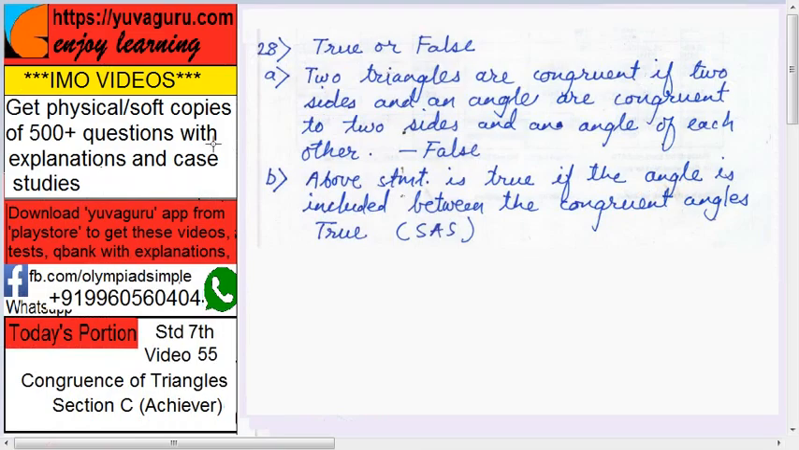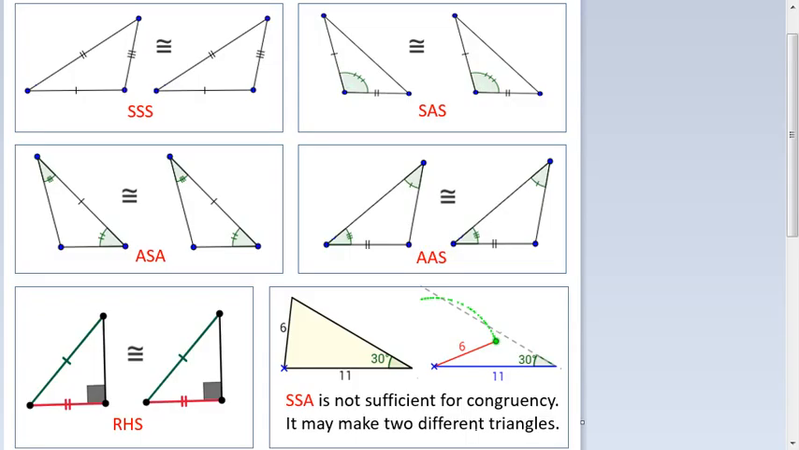Now B. The above statement is true if the angle is included between the congruent sides. So statement A is true if this angle, which is congruent, is included between the congruent sides, meaning these two sides are congruent and this angle is included. Yes, then it becomes right. See, this angle is included between the two congruent sides. Yes, that is true. That's why the SAS test follows. Next,